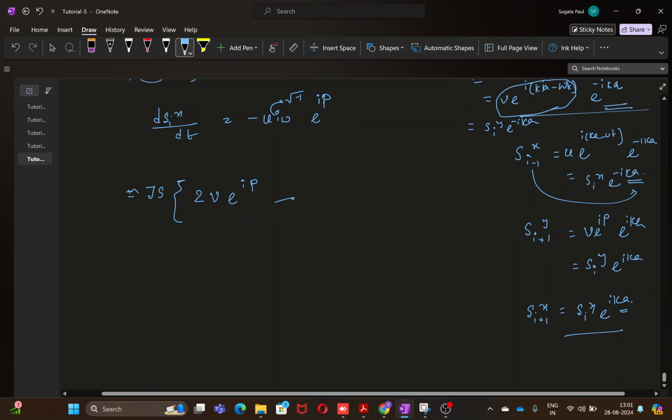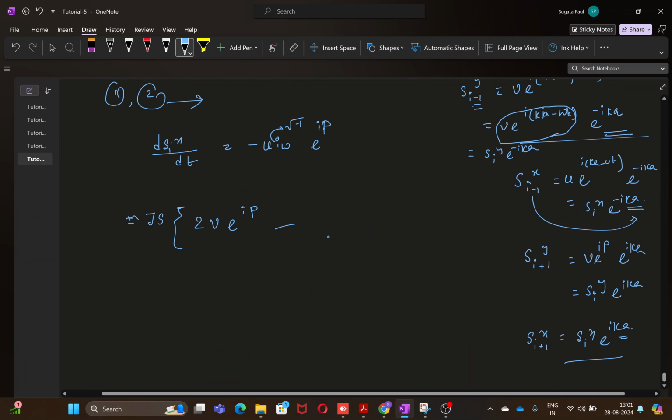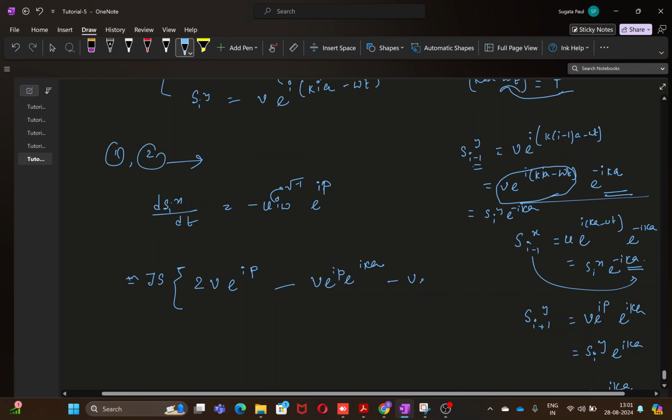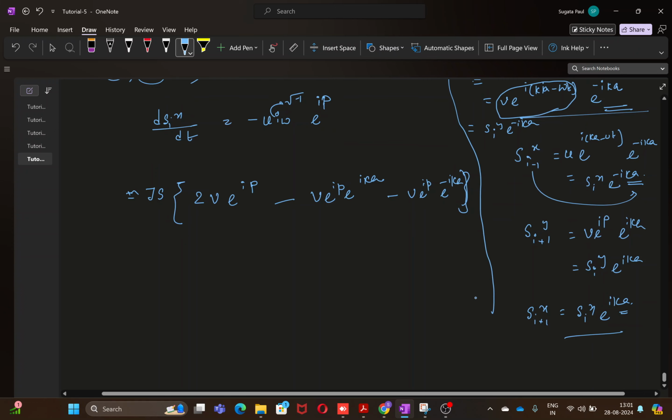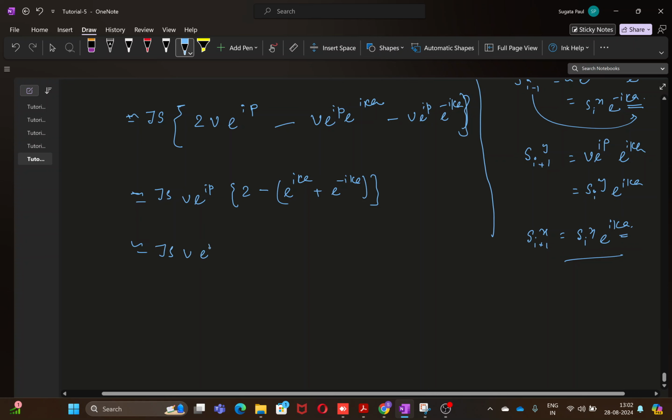Okay, so this is just 2 times this thing minus s_{i+1}^y, right? I just told you that s_{i+1}^y will be simply s_i^y, that means v e^{ip} and then an extra e^{ik} term, and the third term is s_{i-1}^y, which I have already calculated, so this is v e^{ip} e^{-ik}. Right, so you can just take out v e^{ip} common from each of the terms. This is 2 minus e^{ik}, take the minus common, e^{-ik}. So this is JS v e^{ip} times (2 minus,